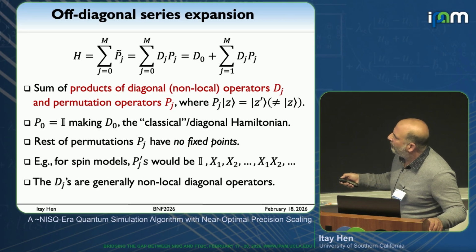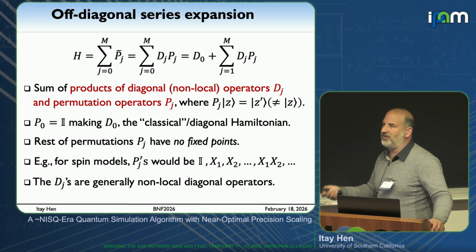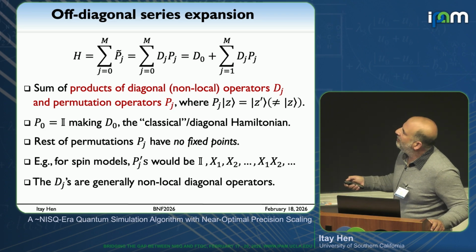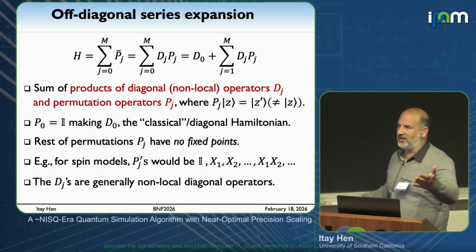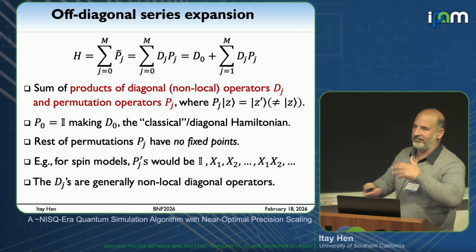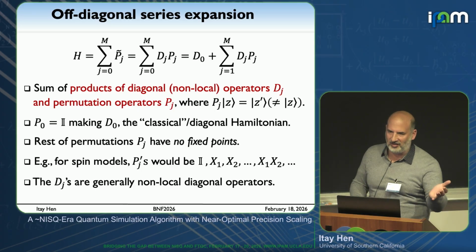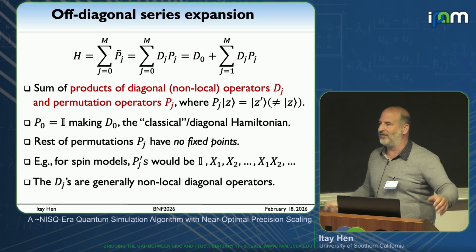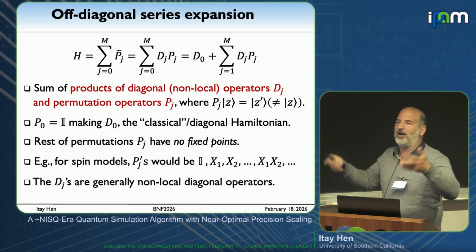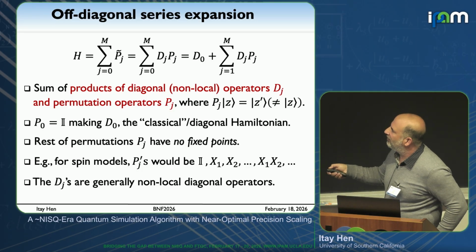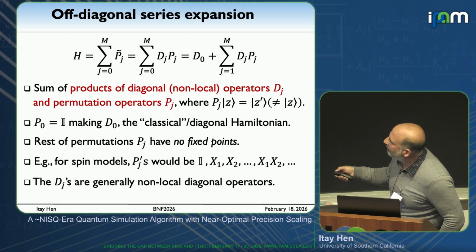One of the permutations, P0, is just the identity, and so D0 is just the diagonal part of the Hamiltonian. So it's just all the Z's, ZZ plus ZZZ plus identity. All the Z parts are shoved into D0. All the other things,